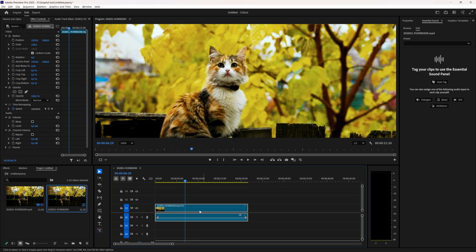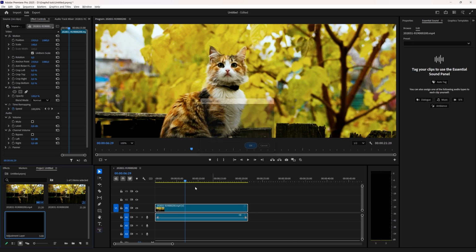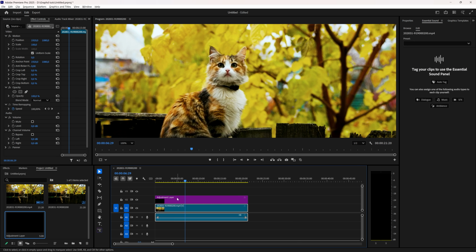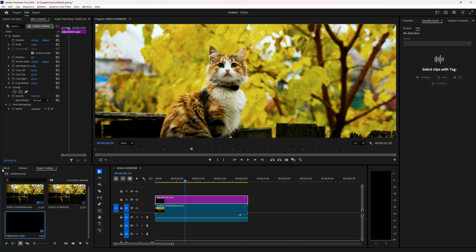You can adjust it directly onto your video clip, or you can select this icon here for a new item and create an adjustment layer, the size of your clip, and then drag it onto your project, make it the same size as the clip you want to adjust, and then select this adjustment layer to apply the effects we're going to apply. So with this layer selected, or with your video selected, either way, you can go to Effects,